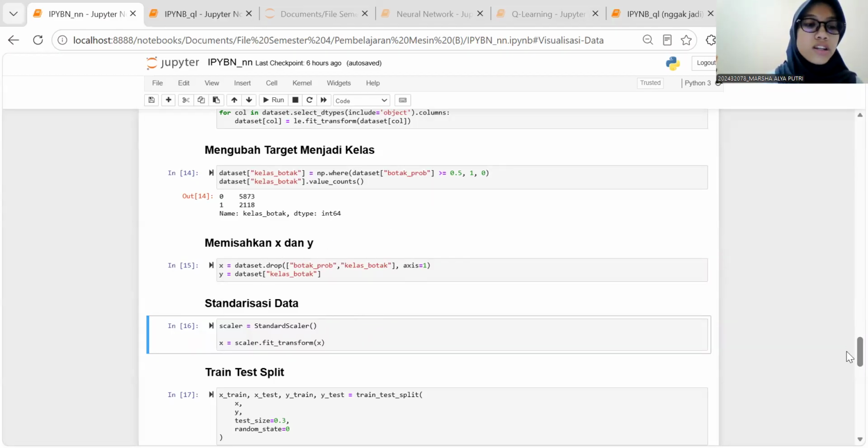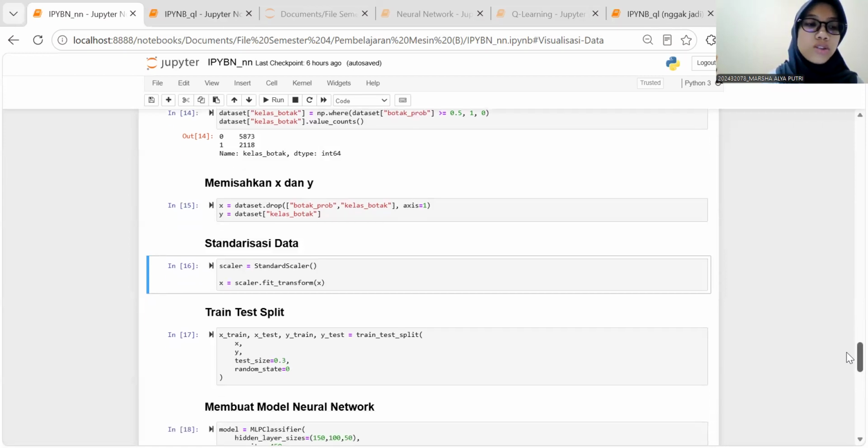Next, we standardize the feature values using StandardScaler. StandardScaler transforms every feature into a similar scale. This step is important because the neural network performs better when the input features have a similar range. It also helps the training process converge faster.